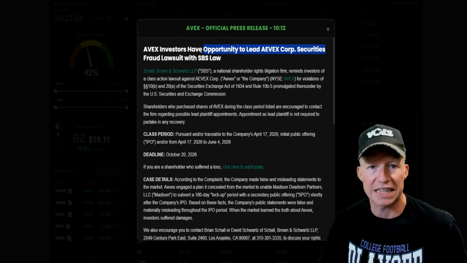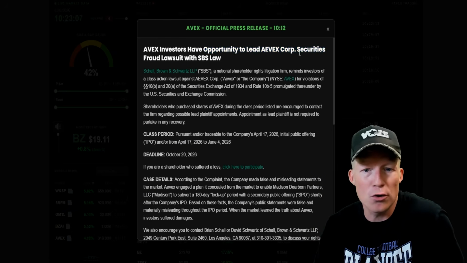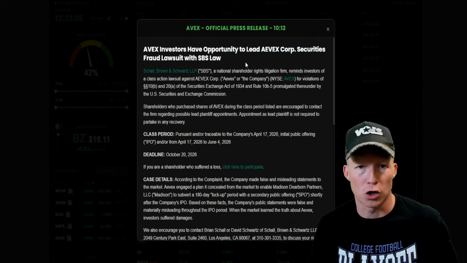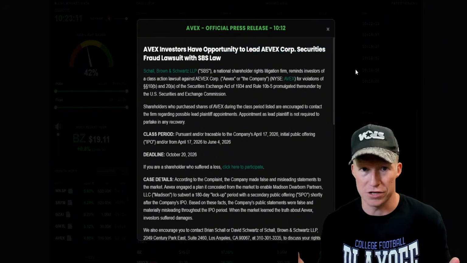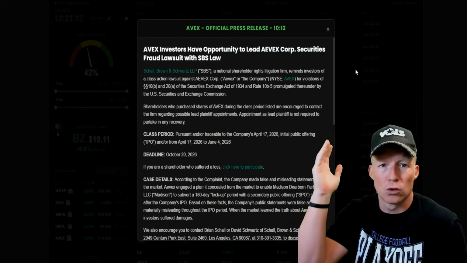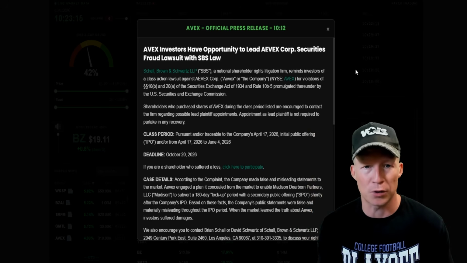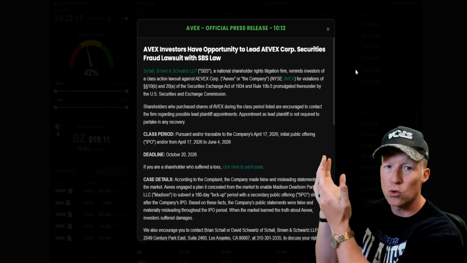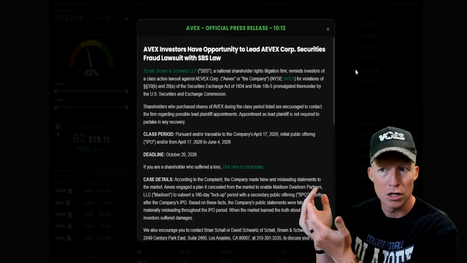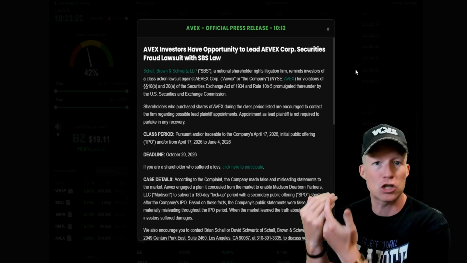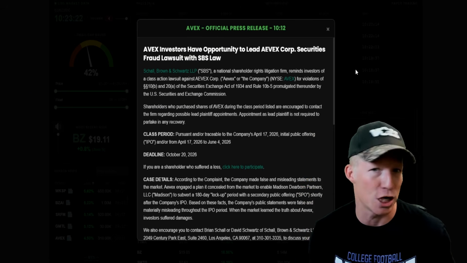A news article like this is perfect. Opportunity to lead securities fraud lawsuit. Who cares, right? That's not material news. That has nothing to do with the output of the company. That has nothing to do to suggest that the company should be definitely trading at a higher valuation than it